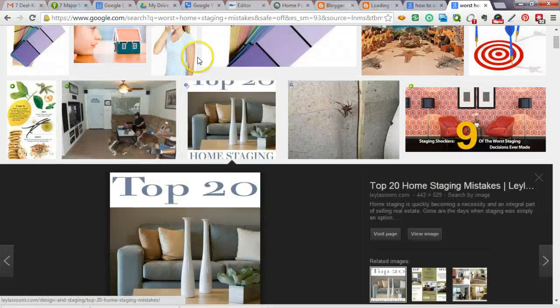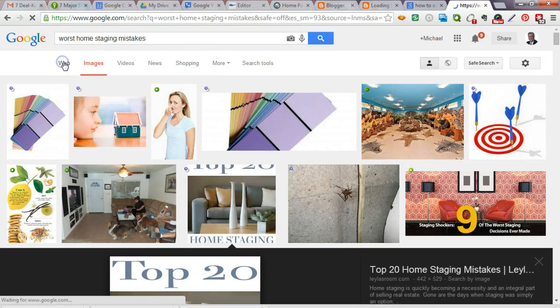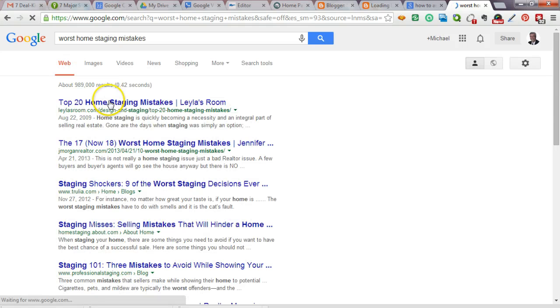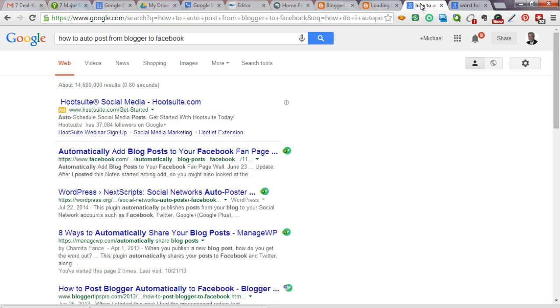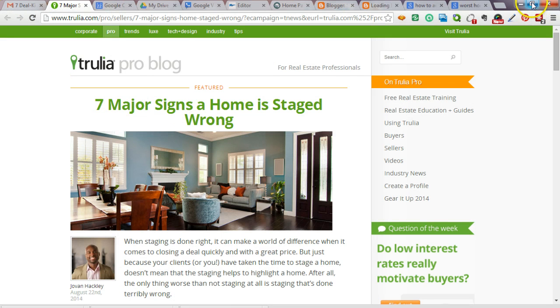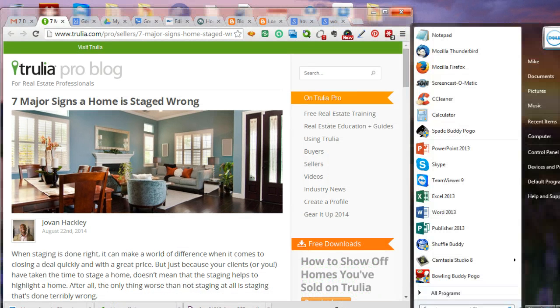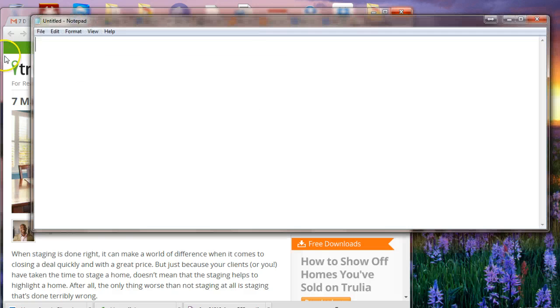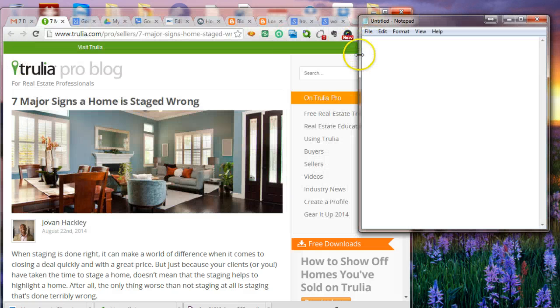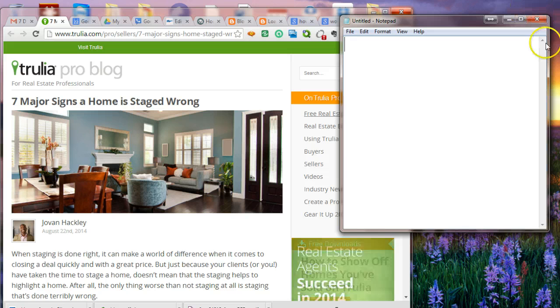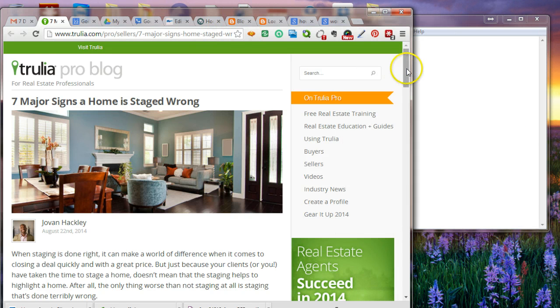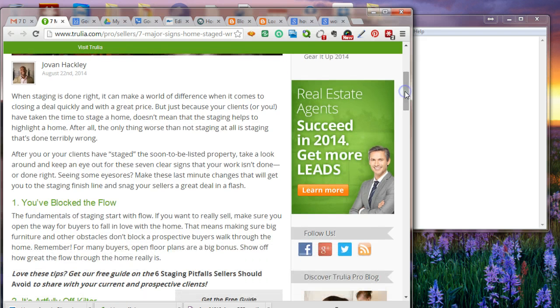But let's just go back up here and say we're on the web, and we're going to look at home staging mistakes. Now, we could use the Trulia article. Maybe since I started with the Trulia article, why not? So what I usually do is I make this a little bit smaller, and I open up Notepad, which is just this free little thing. And now I'm going to start with best practice. Best practice is I'm going to take a look at this, and